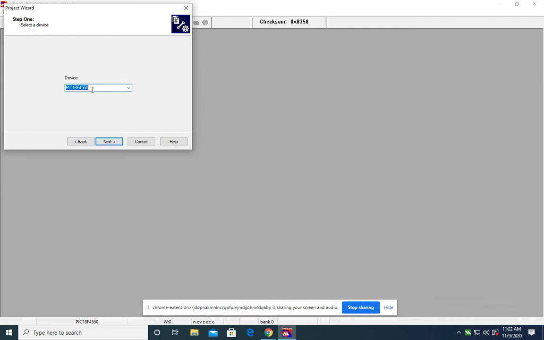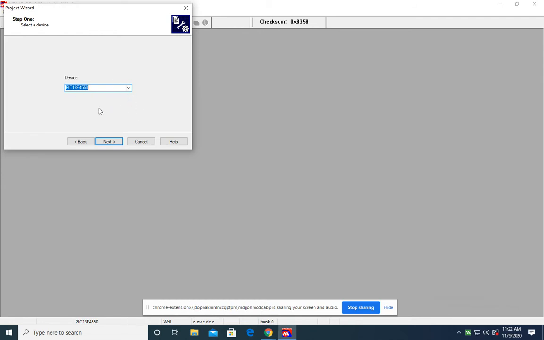We have 10 kits of PIC microcontroller, and all 10 kits have this IC, so we will write all the programs for this PIC18F4550. The datasheet of PIC18F4550 you can easily download from the Microchip website.